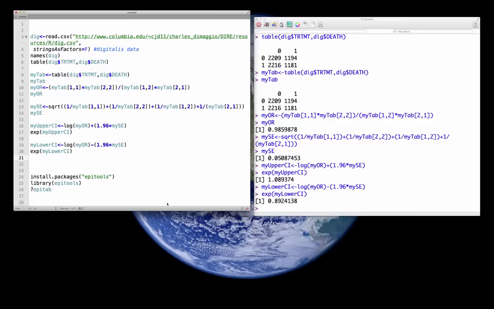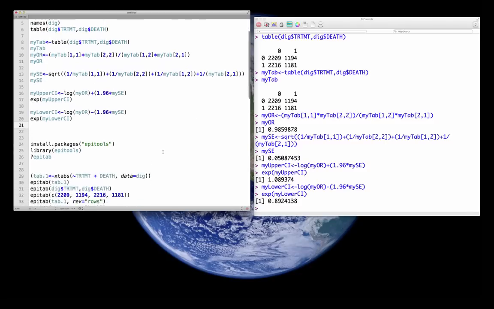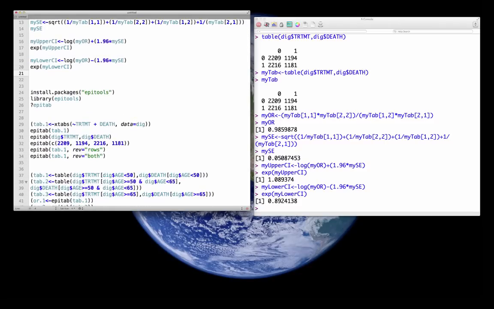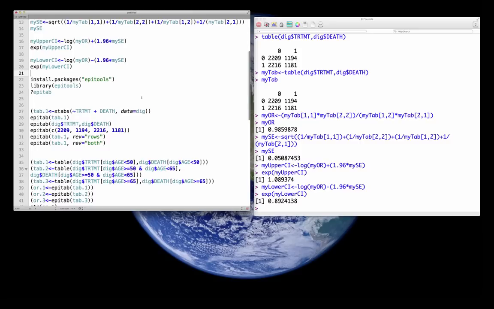And we see the lower bound goes from 0.89 to 1.08 on a point estimate of 0.98, really not very much effect of treatment whatsoever. Now, of course, you will not have to do that because there are very nice people, including Tomas Aragon,